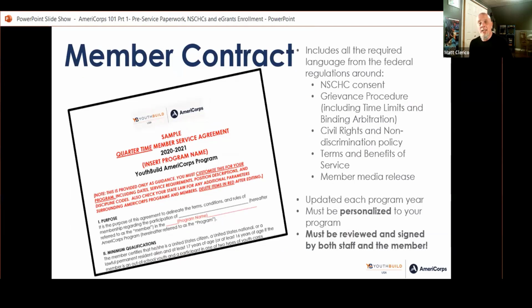Let's talk about that member contract. Every young person, every time they sign up for a slot for a service opportunity, needs to have a member contract. This is something we create a new template for every year, because every year they add a couple new little requirements to the language, and we make sure that all of that gets included in this template. So this member contract includes all that required language and everything by law that you have to have in